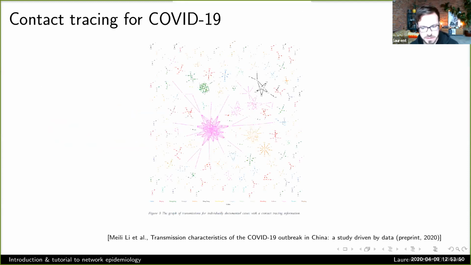Here's an example of contact tracing. This is also from a preprint that's on medRxiv. Maybe you can't see really well. So this is actual transmissions in China where edges and nodes are colored based on which province the transmission event occurred in. And as you can see, it's not a mass action phenomenon. In mass action, everyone would have mostly the same number of edges around them. But here you see that some individuals are creating a lot more infections than others. So there are some super spreading events, is what we call them, around certain individuals. So we know there's heterogeneity, and we can use measures of heterogeneity or statistical distributions from data like these to inform our network models. How do we do that?